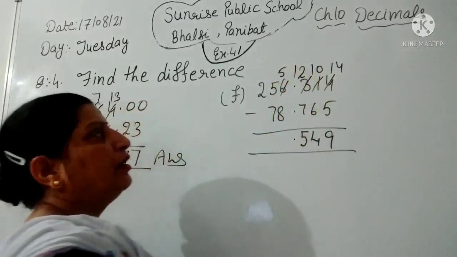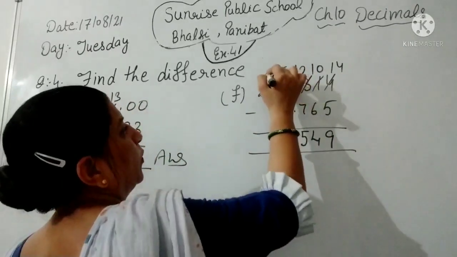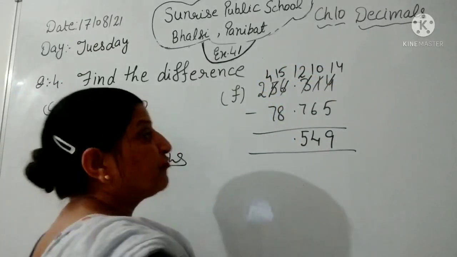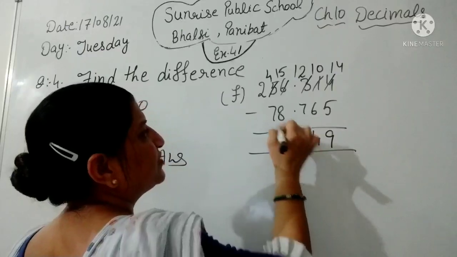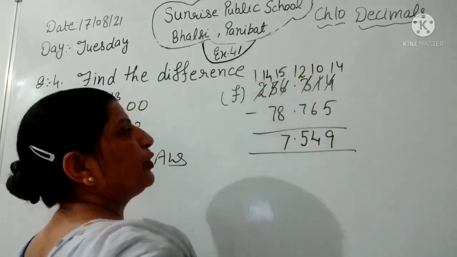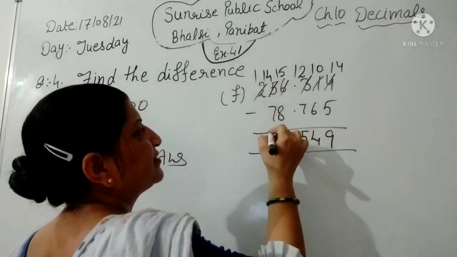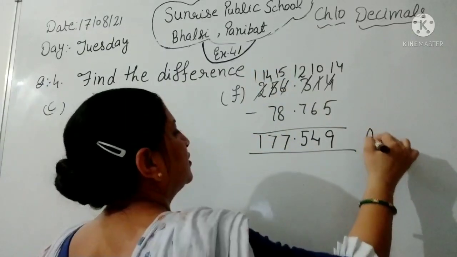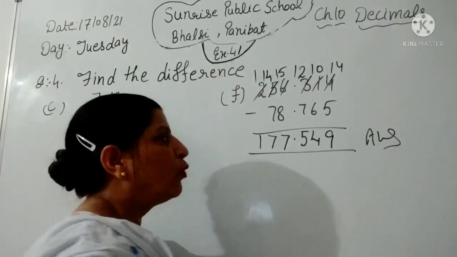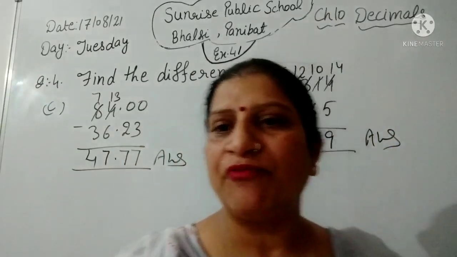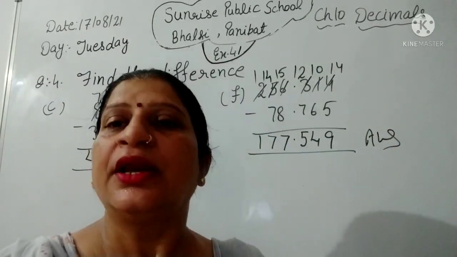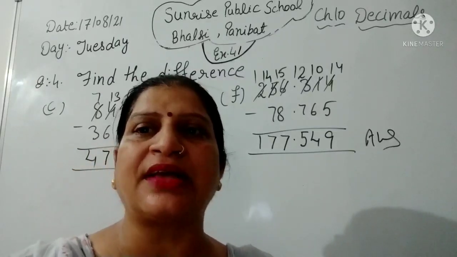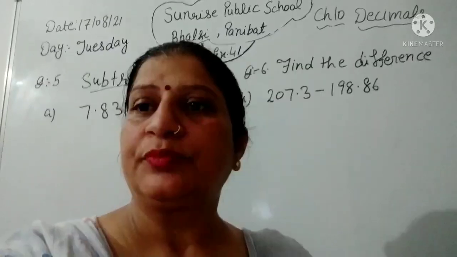Again this number needs to borrow. तो borrow होकर यहाँ पर 4 आ गया, यहाँ पर 15 बन गया. 15 minus 8 that is equal to 7. Again we have to take the borrow. Then 14 minus 7 that is equal to 7. And this one comes here. Now our answer becomes 177.549. Clear this? Now we learn how to subtract the numbers when the numbers are given in a horizontal way.